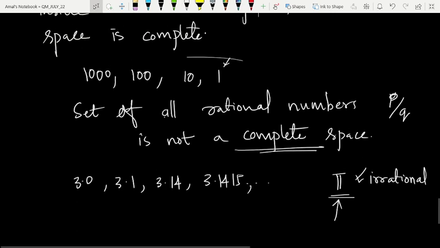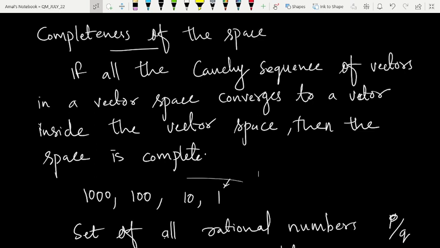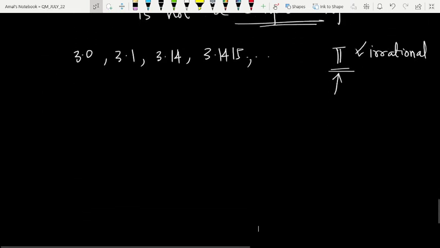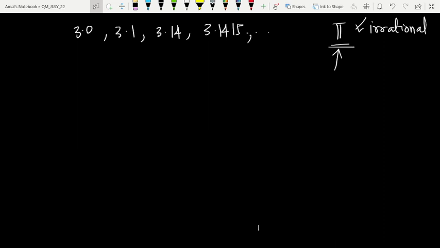So this is the definition of completeness. And why are we learning all this? Because we need to understand what a Hilbert space is. Okay. So what we learned now, we learned inner product and completeness. So why is this completeness important? Because there are two things. One is that this completeness is necessary for the square summability. That is,